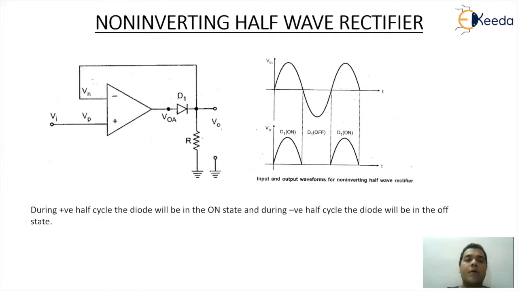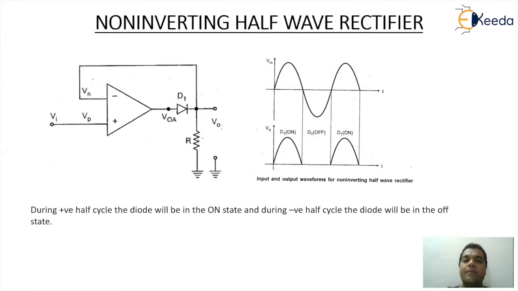So here, when we talk about the positive half cycle, the VI is going to be positive. Automatically, the output of the op amp is going to be positive, since the input is connected to the non-inverting pin and the non-inverting pin will be bigger than the inverting pin. That positive output will ensure the diode becomes forward biased. Automatically, it will work like a closed switch. And due to this, the entire circuitry will work like a buffer where the output will be same as the input. That's the reason during the positive half cycle, we get the output as it is, which is as good as a copy version of your input.